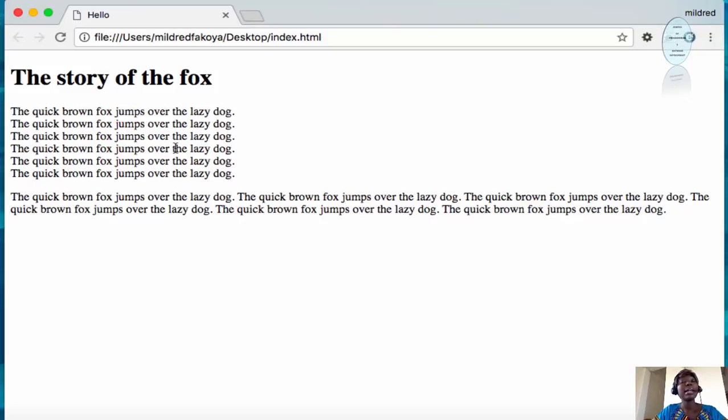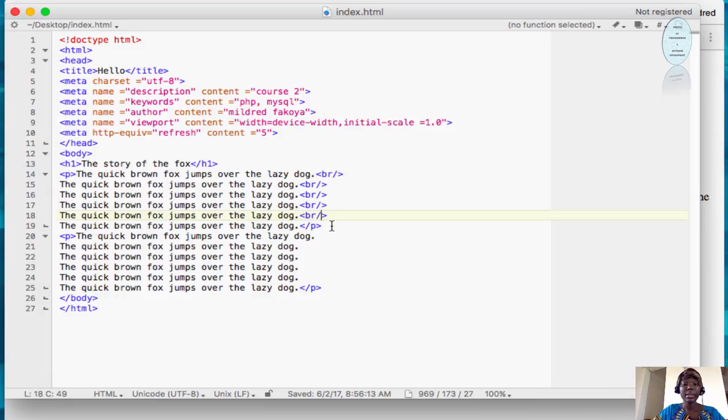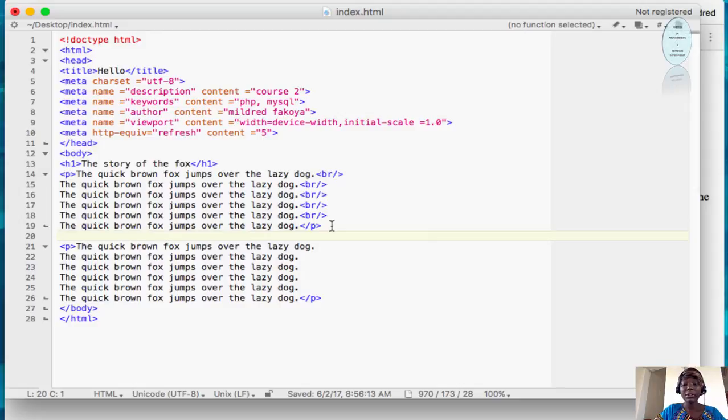Now there is another element called the HR element. It is used to define something like a break between elements. It presents like a horizontal line. Let's try it. Let's say after this I want to use another heading, H2, and I'll say the story continues,